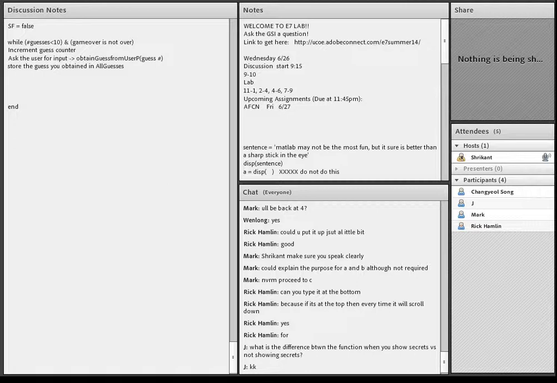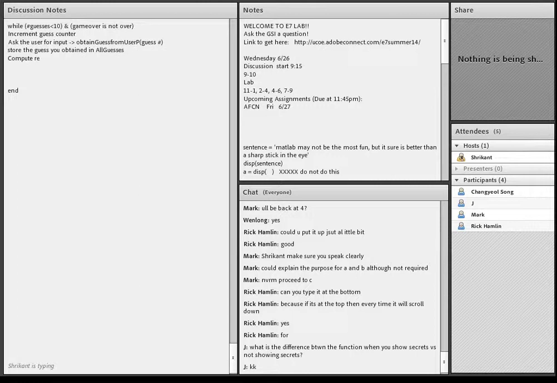So that step is already taken care of in this inbuilt function, so you don't have to do that. Once you obtain the guess, you store it in all guesses, which is guaranteed to be valid, and you have already incremented the guess counter. So now you want to compute the response. For that, you can again use the given function